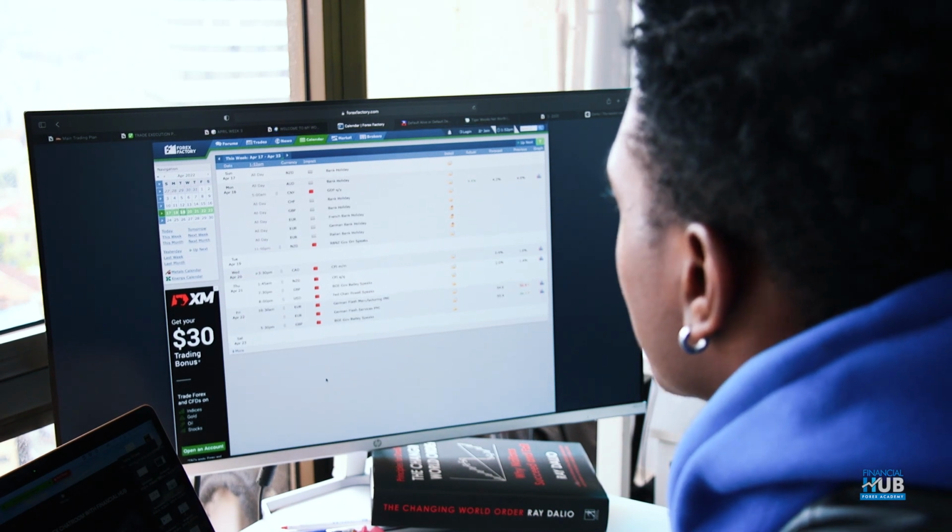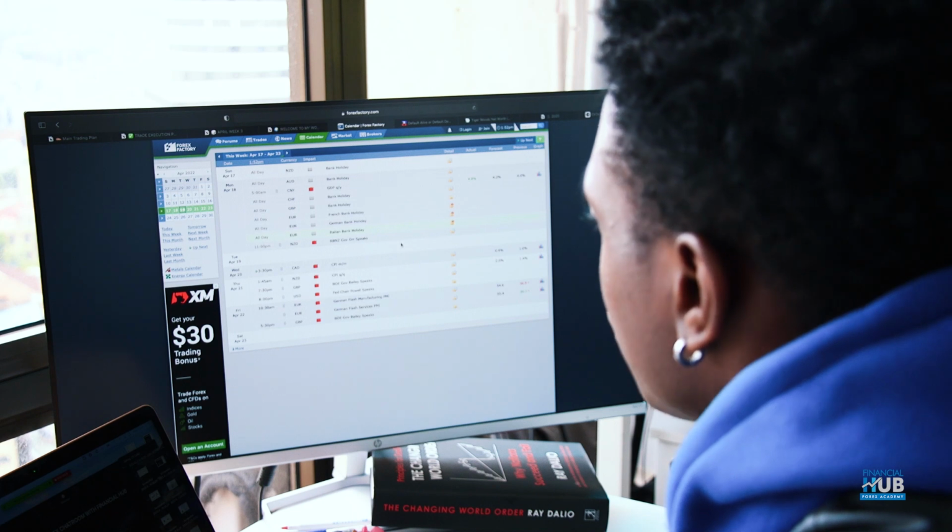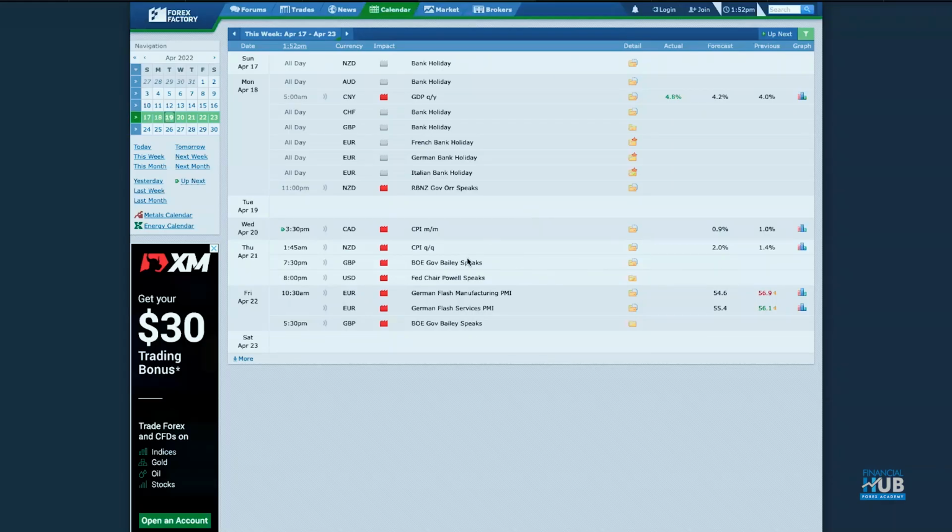So this is Forex Factory. What am I looking at here? I'm just looking at what news I'm expecting this week. You can see Tuesday, Wednesday, nothing much. Thursday as well, nothing much apart from Fed Chair Powell speaking and the Governor of the Bank of England, Bailey, speaking tomorrow in the evening. Then Friday, as we end the week, is just Bailey speaking. So nothing much happening this week. That's all I have fundamentally. I don't have anything much on that one.